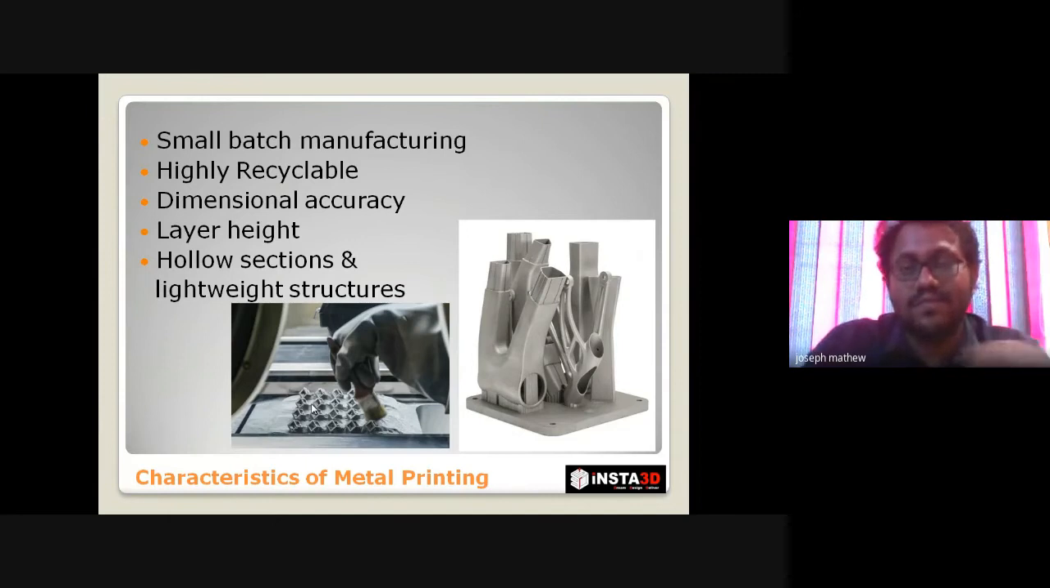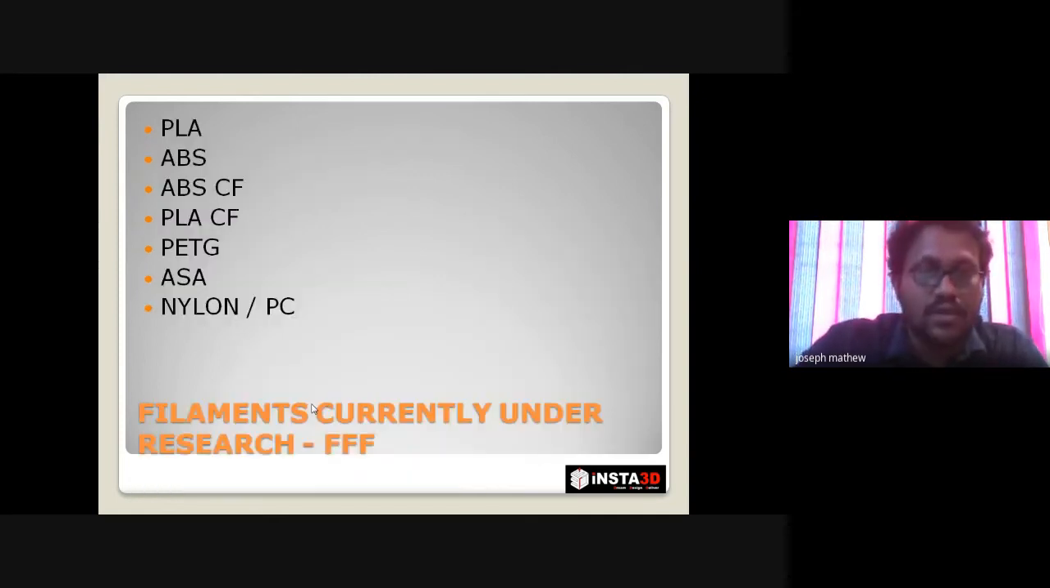I've just brushed up all the 3D printing technologies where you have seen the differences in the working principle. So today we are going to concentrate only on the fused filament fabrication technique or the fused deposition modeling technique, FDM or triple F technology. So, as I said, in triple F or FDM technology, when we see the current research